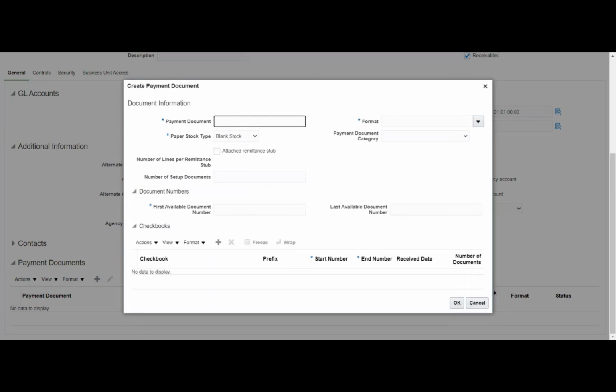Okay. Now the payment document: let's say I'm processing this as a check payment. So I'll have the check sequence and the other things. Let me say this is check payment, so I'll create a check sequence. Here I'll select the standard check.